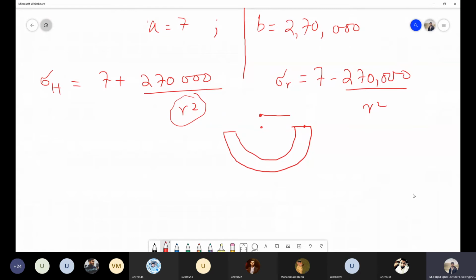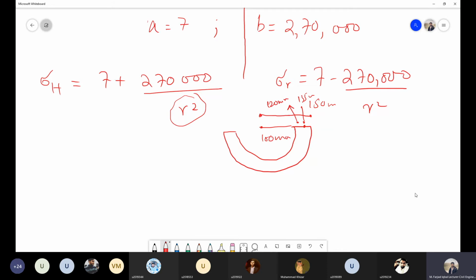For example, we know that the outer radius is 150 mm and the inner radius is 100 mm. So we can take these two points and some random points in between. For example, I can take one as 120 mm, then I can calculate this hoop stress at a distance of, let's say, 135 mm and so on, and I will calculate the values of these hoop stresses. And once I have these values, I will plot these along the thickness to show the variation with the change